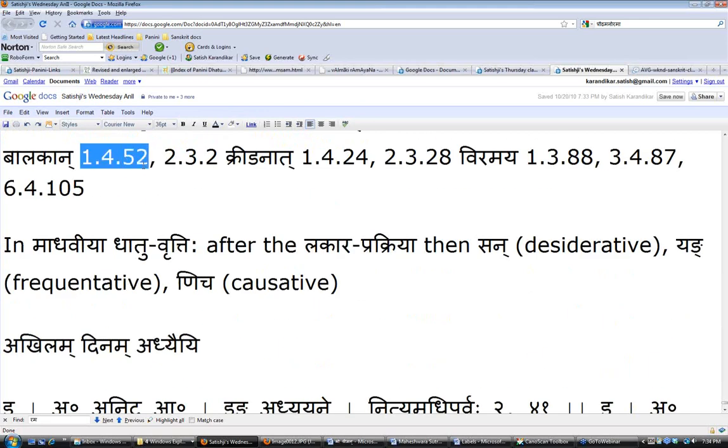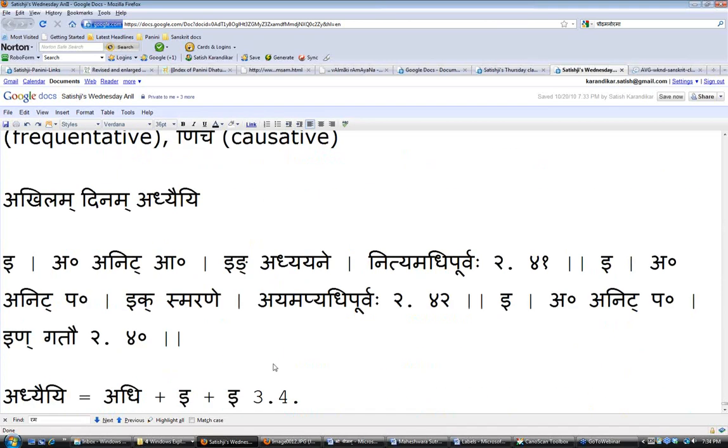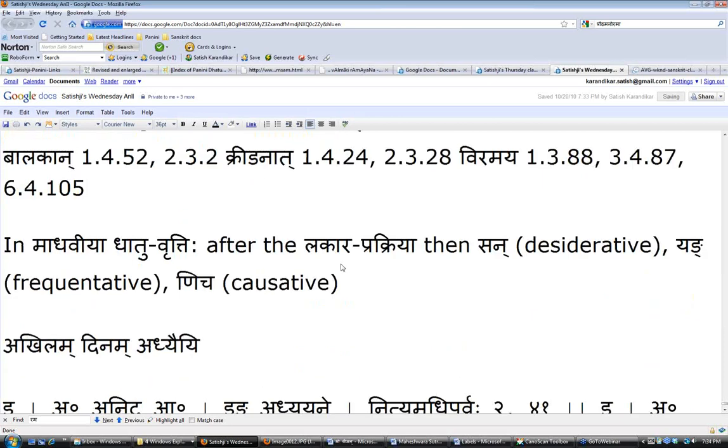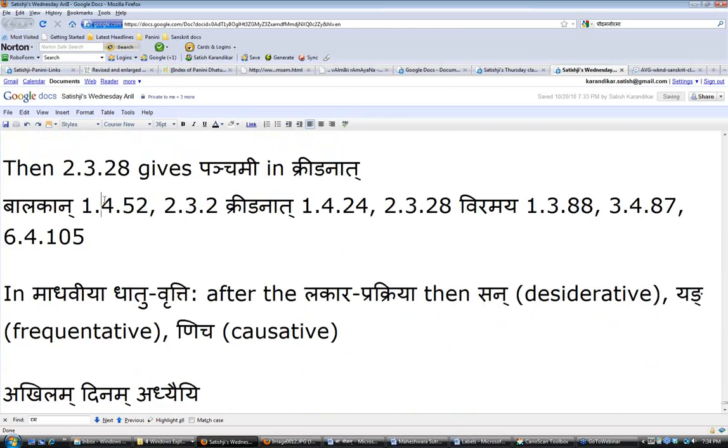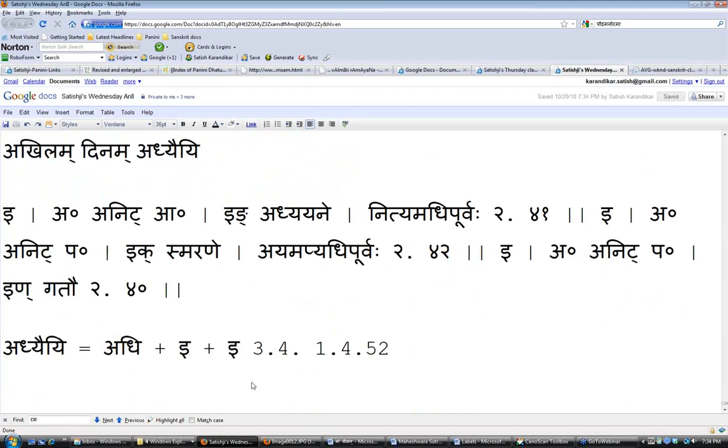Now, of course, this is a second gana dhatu, so we'll have to do the adhipravritibhya shapaha. I don't know why the numbers are coming. So 3478 tiptaji, adhipravritibhya shapaha. What number will that be?